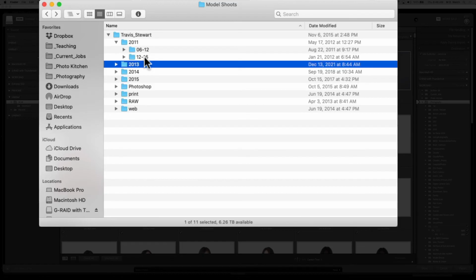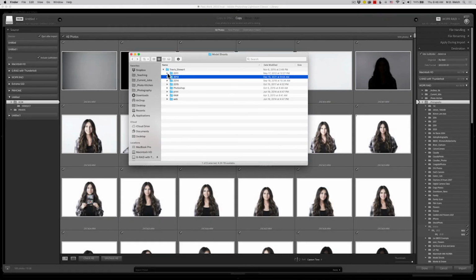Now, this is great because it makes it easier to find these files inside of Lightroom without having to do a metadata search. Like if I'm looking for something that I shot in 2015, I don't have to go find 2015, or I could start there and call my images down quicker. But also, if I'm not in Lightroom Classic, I could save a lot of time by being able to access these files easily